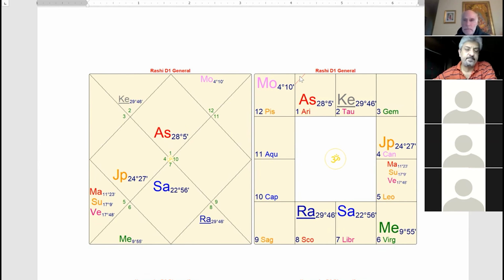By maybe what other concept could Mercury be seen as being potentially giving children as well? Use Chandra Lagna. Who's the fifth lord? Moon. And then Mercury would be in a mutual glance with the fifth lord Moon. Right? Yeah.